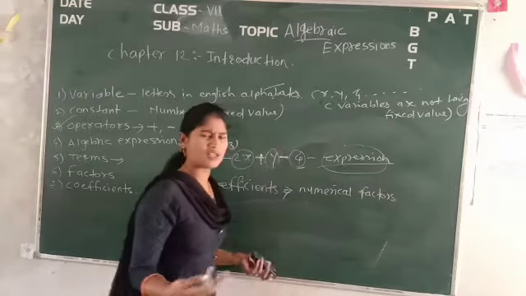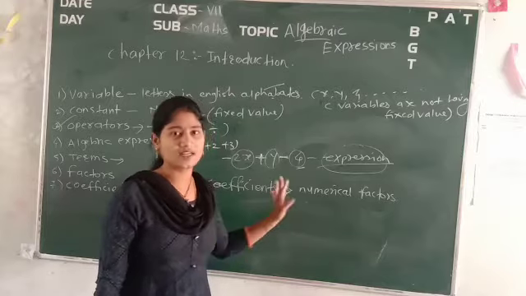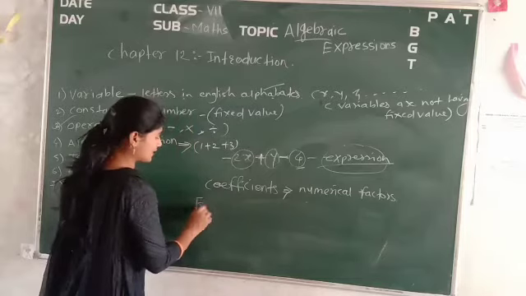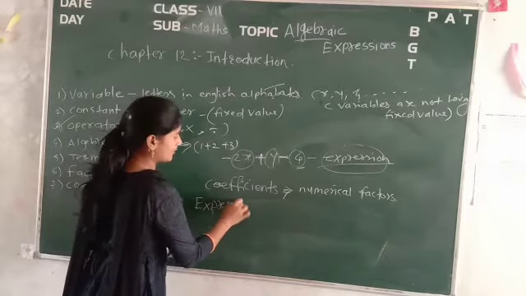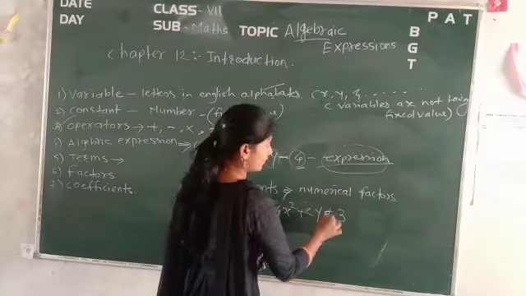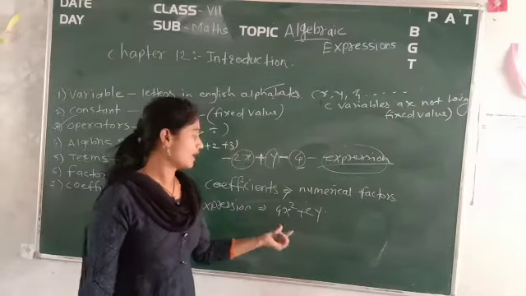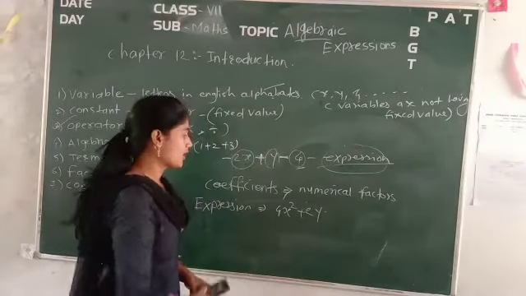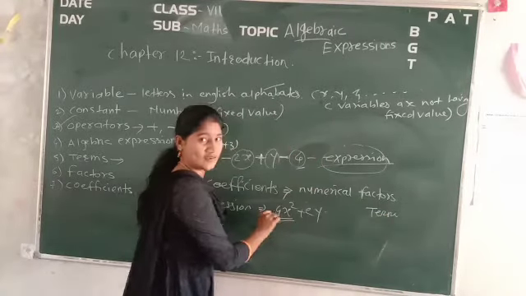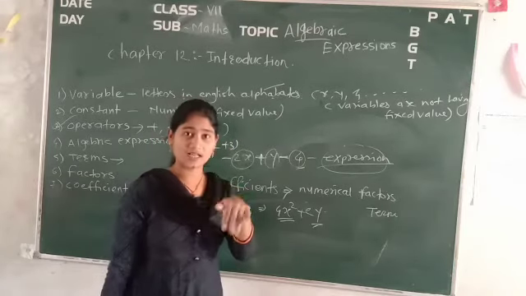But in a more general way, variables are also considered as coefficients. Suppose for this we will take one extra expression, like 4x square plus 2y plus 3. Within that, don't take 3, just take the 2 terms. Now 4x square is there, plus 2y is there. This first term is one term, and this is the second term. So in that expression how many terms are there? 2 terms are there. That you also have to remember.